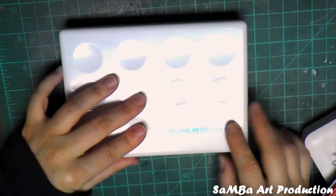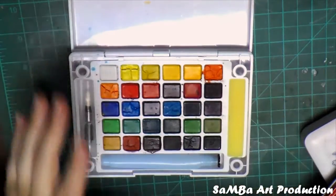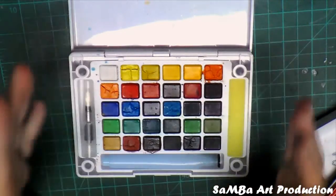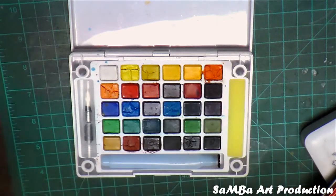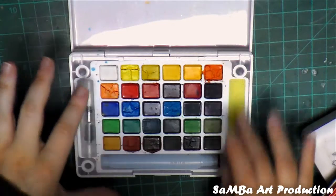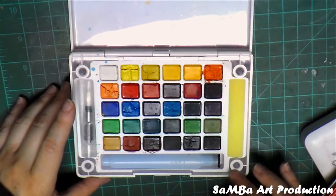The only thing that you can actually do with this after all the colors are done is to bring your half pan sets or full pan sets and glue them in, and then you will have a very nice collection of colors that you can refill with tubes, which is what I'm planning to do after this, because the box is really neat and nice and can actually hold more than 30 colors if we count here. It can take maybe an extra 4 here, an extra 4 here,